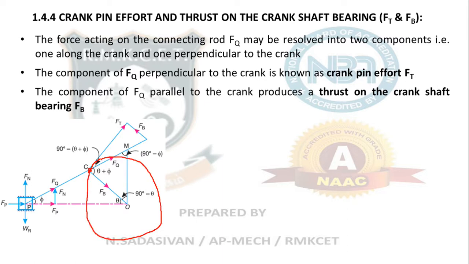Now this tangential component will be like this when the crank comes here, and it will be like this when the crank comes here, and like this when the crank comes here. It keeps changing the direction, but it always remains a tangent to the circle, this Ft. Therefore your crank is propelled in the rotation direction. But what about this Fb? This is your crankshaft, right? It always tries to pull the crankshaft out of its bearing. It acts in such a direction, which is an undesirable result.